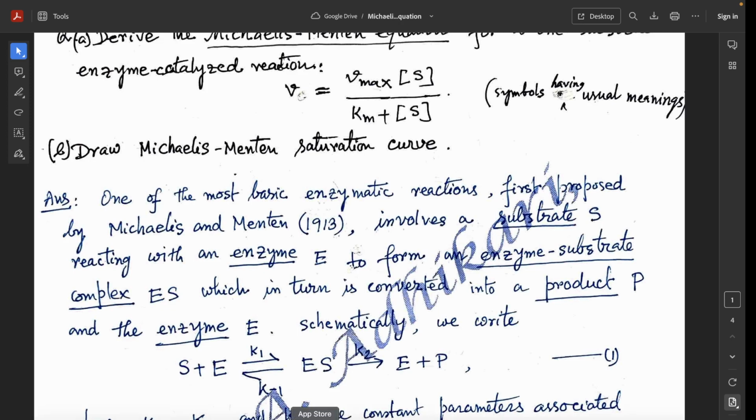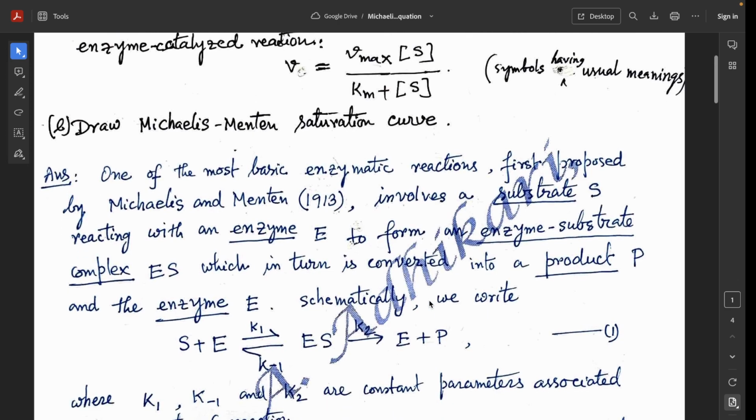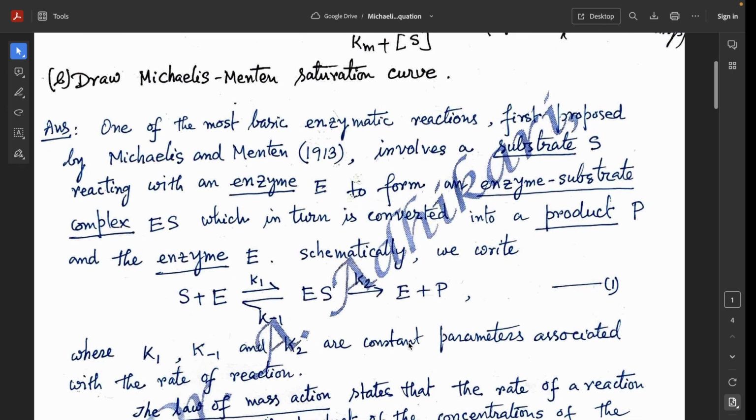One of the most basic enzymatic reactions, first proposed by Michaelis-Menten in 1913, involves a substrate S reacting with an enzyme E to form an enzyme substrate complex ES, which in turn is converted into a product P and the enzyme E. Schematically, we write S plus E, substrate plus enzyme, equals ES, the enzyme substrate complex,